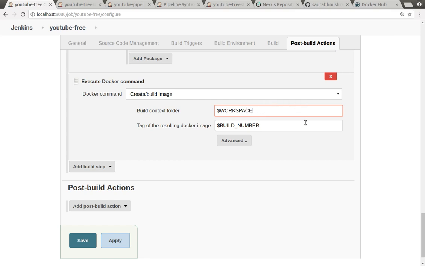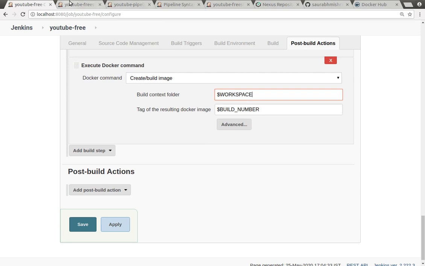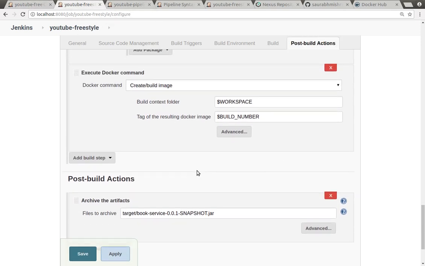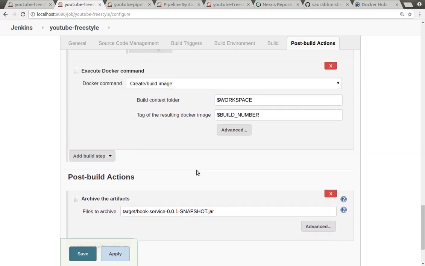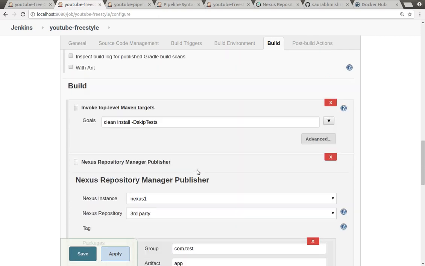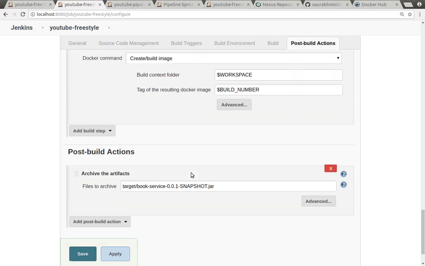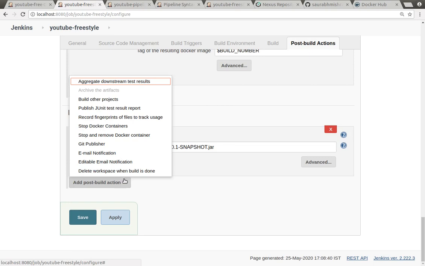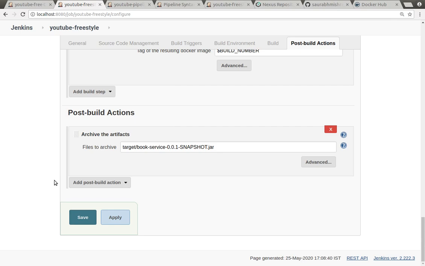So it will take the Docker file from this location and build the Docker image. Once the Docker image is built, what is the next step you want? Here, if you see, the Docker image builds, and finally this application build is complete. You can configure all these things, and many different things as part of post build also. Like as part of post build, I want to delete the workspace once everything is done, or if you want some custom post executable things to be done, you can configure all those things as part of this Jenkins pipeline.